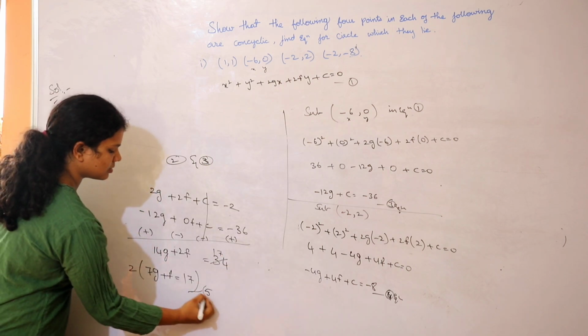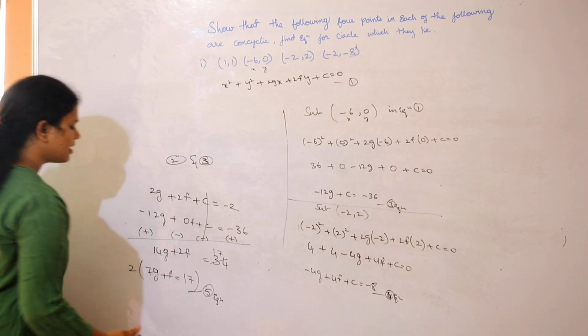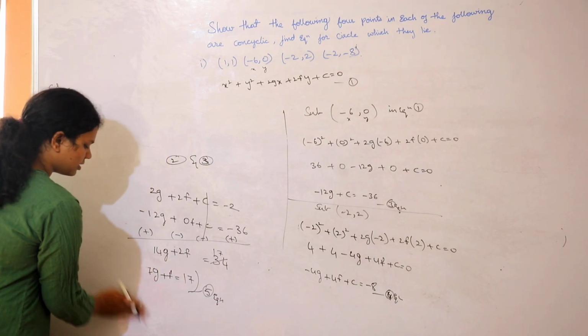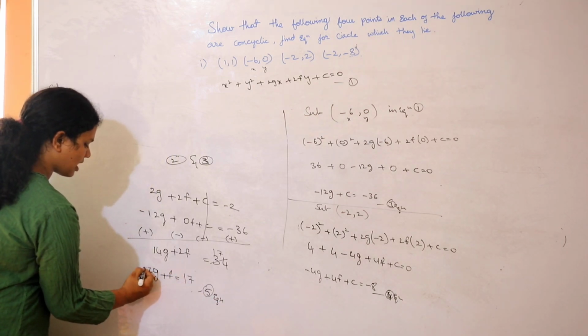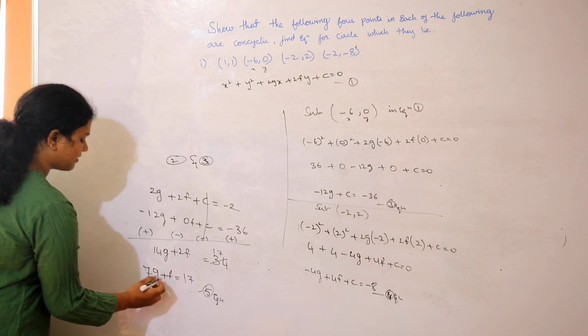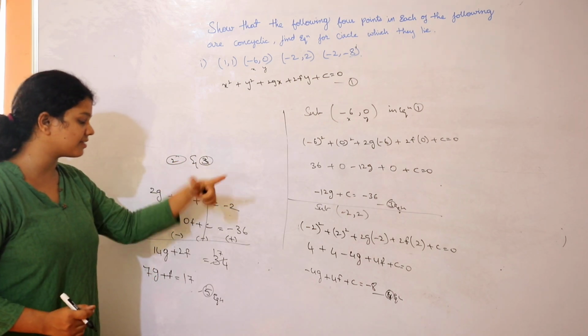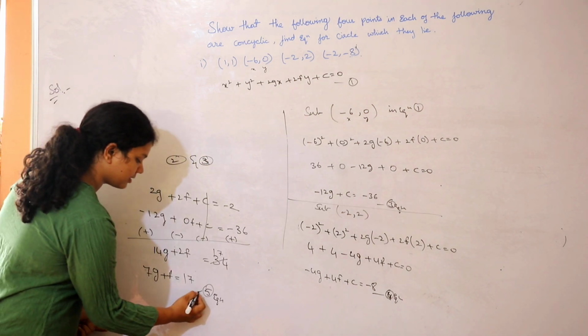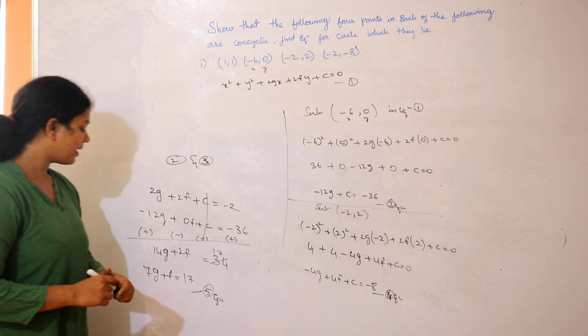This is 4, and this will be the fifth equation. This is the equation number 5, so let's erase this out. This is our whole new fifth equation, where I solved equation number 2 and equation number 3 and I got this fifth equation. Clear, guys?